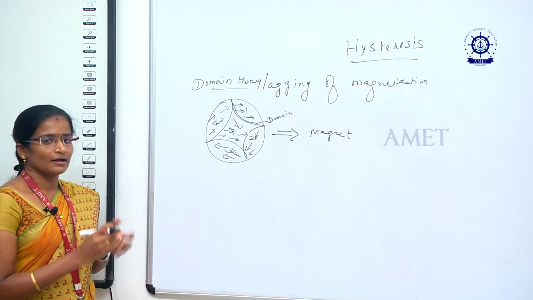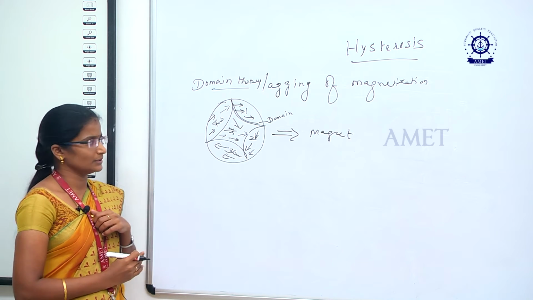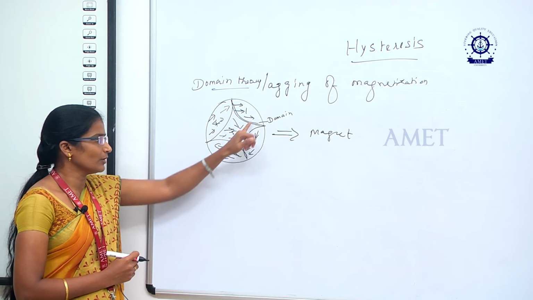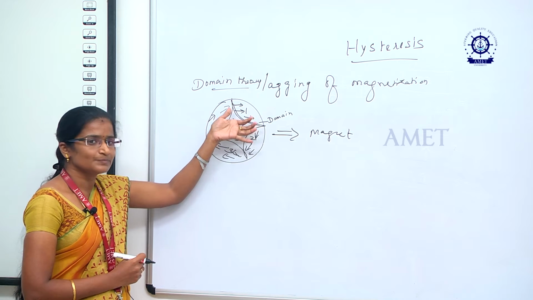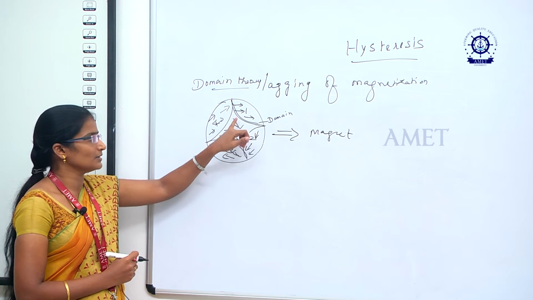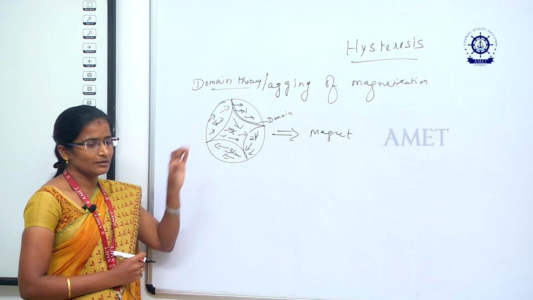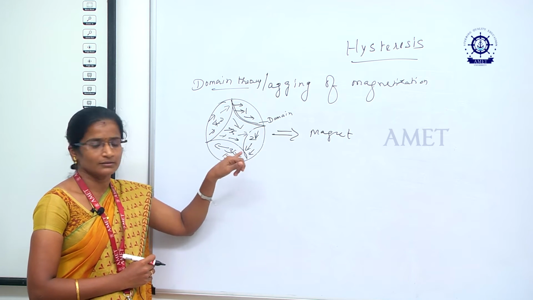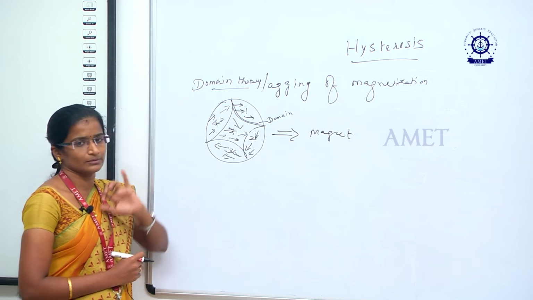Initially we have one bulk material, and we want to convert this bulk material into a magnet. So we split the bulk material into different regions 1, 2, 3, 4, 5. A region consisting of spins, meaning the electrons with spins in a direction, is called a domain. Each region consisting of spins is called a domain. This is one domain, this is another domain, this is another one.